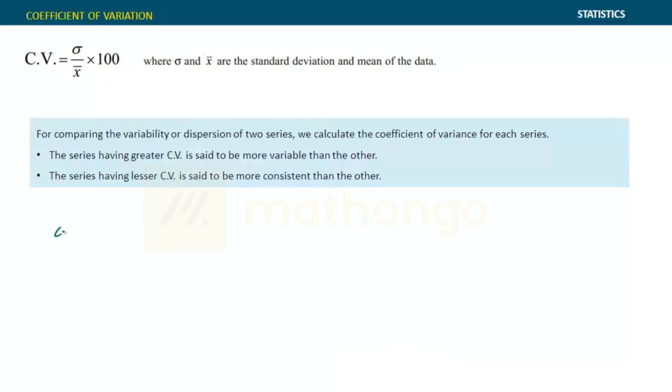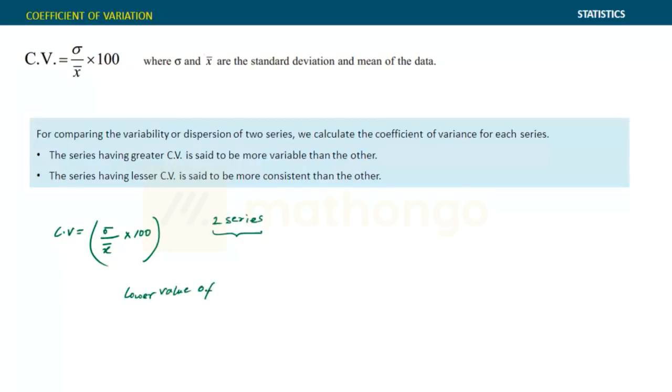So coefficient of variation is nothing but standard deviation divided by mean into 100, and obviously this value is called the variation coefficient, where standard deviation divided by x mean, right? So when it is used to compare two series, when you want to see how two things are performing, which one is much more variable. So the lower value